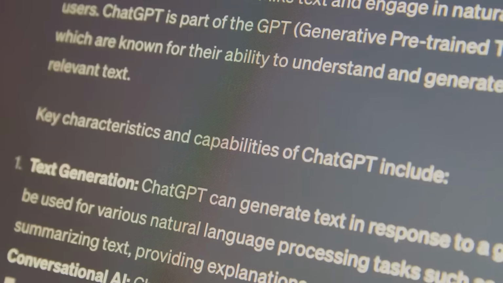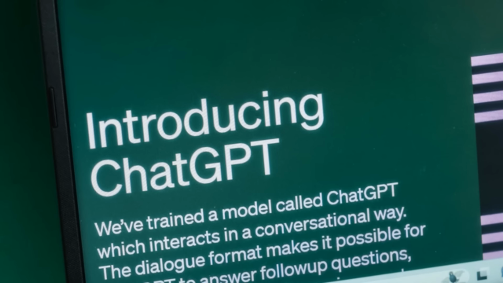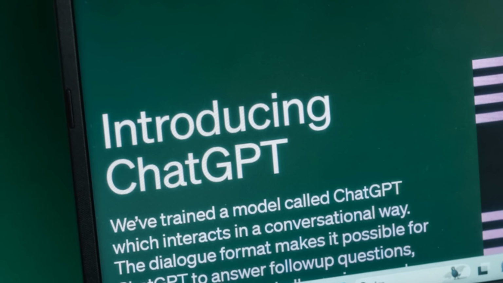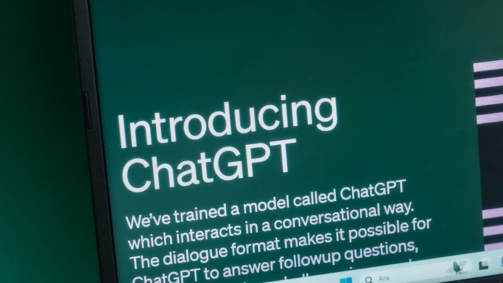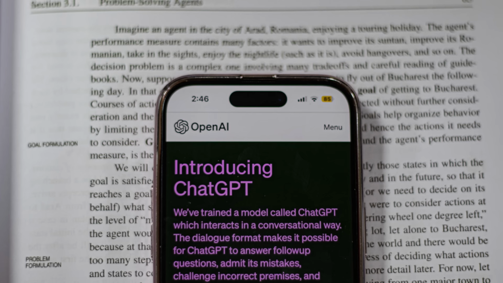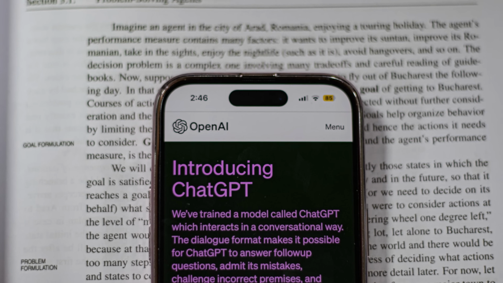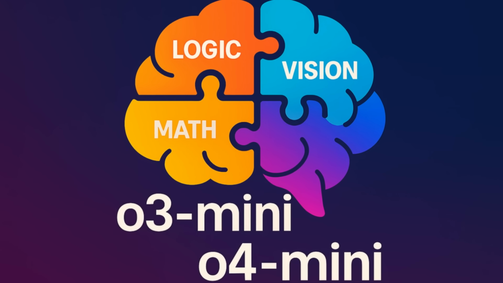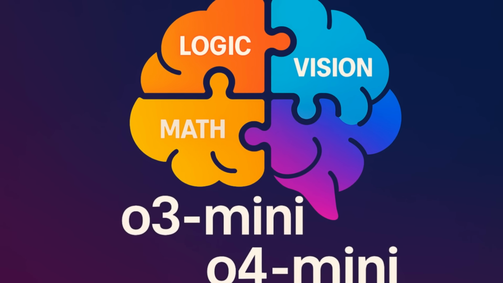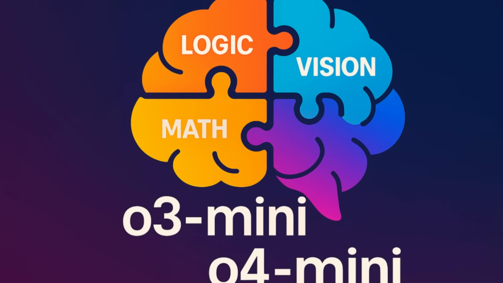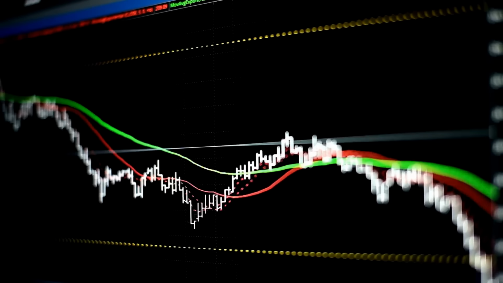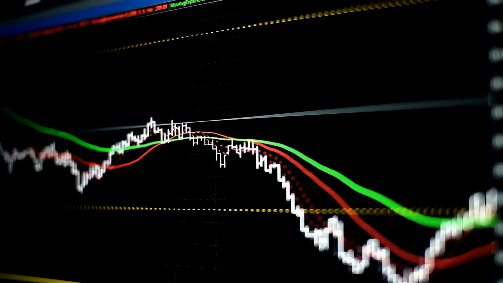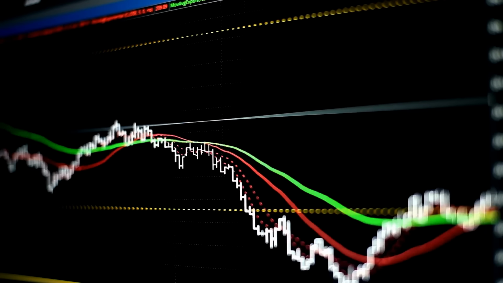Now, let us talk about the O models. Unlike GPT-4o, these start with an O. They belong to a new architecture designed for reasoning, not just answering, but thinking, planning, and explaining step by step. Popular choices: o3 mini and o4 mini. They are fast and surprisingly capable, even for free users, but with daily caps. Use them for, here is a chart, describe the trend in plain language, or solve this tricky word problem and